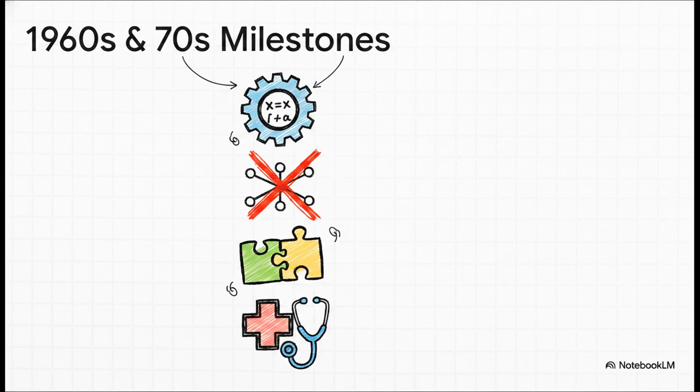We've got Joel Moses writing Maxima, which was the first really successful math program using a knowledge base. You've got Marvin Minsky and Seymour Papert doing the hard math to prove the limits of simple neural networks. Alain Colmerauer developed Prolog, a massive leap forward for automated logic. And Ted Shortliffe built MYCIN, the very first medical expert system designed to actually help diagnose diseases. Instead of trying to build one big brain, the field was splintering into these super useful specialized tools.